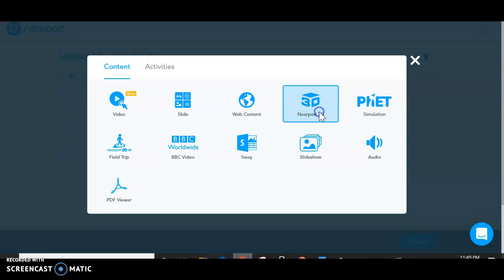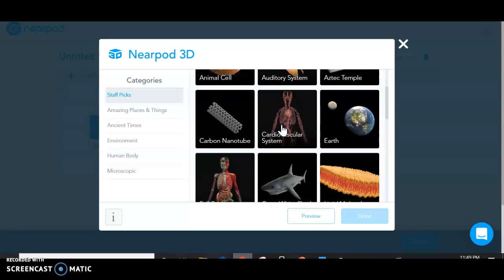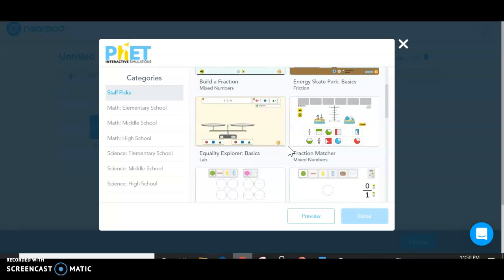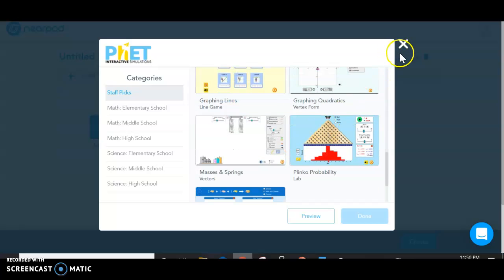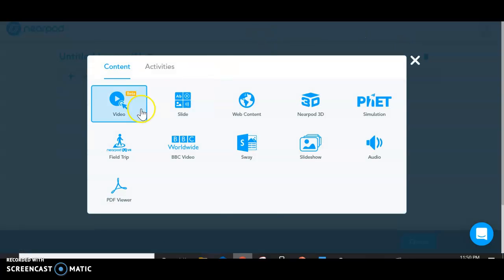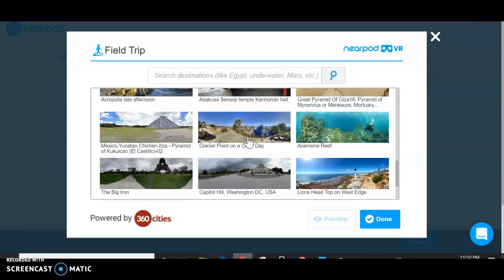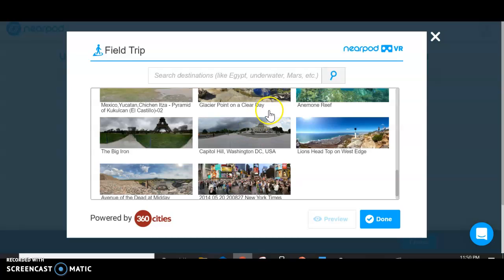insert there. You can do a 3D Nearpod, which includes these 3D images, which really helps for all your visual learners. There's also these PhET simulations, which would be great for the sciences and math to incorporate STEM into your lessons. There's also these virtual field trips, which give you a 3D image of whatever place you're teaching about. There's lots of good options on here to really get the students involved and have a more engaging